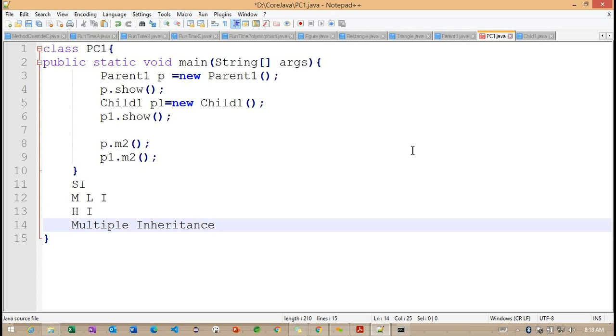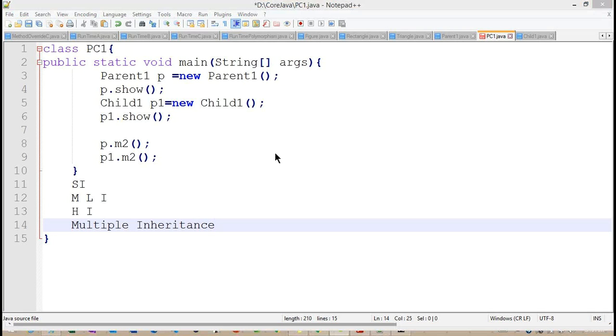So now you can think here. Let me provide the diagram here, so that we can easily understand how this particular multiple inheritance is going to work.